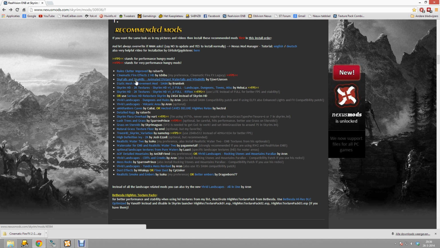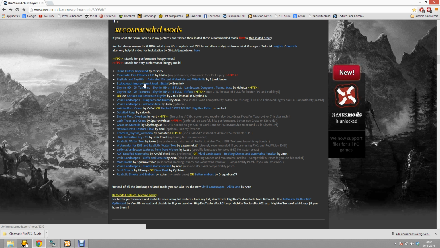As you see, we are going to skip Skyfalls and SkyMills, and the reason for this is that a lot of you guys have some compatibility issues and it causes some crashes for you. Since we all want a stable, playable Skyrim, especially after installing all these mods, we sure want to skip it, because what it does is not really that important. It just shows some good looking distant waterfalls, so only if you are approaching a waterfall from a distance you may get a little bit of a weird view, but to be honest, I never experienced it in the game when playing Skyrim. I've never experienced it, so for this reason I would like to skip Skyfalls and SkyMills